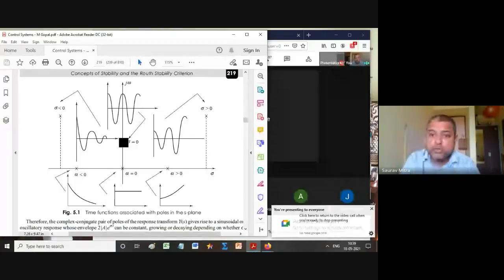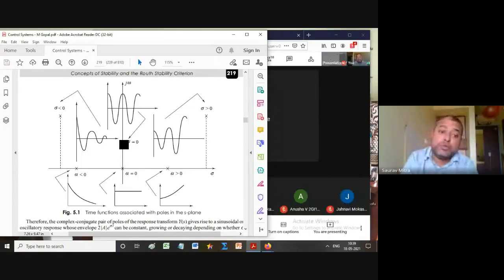Likewise, the last case, which is very important, you can write it down: if there is a repeated pole on the j omega axis. Suppose I'm finding here at plus 3j omega there are 2 poles, and at minus 3j omega there are 2 poles. That means on the j omega axis there is more than one pole at the same position. Here it is plus 3j, here it is minus 3j. The response will be sinusoidal, but there are 2 poles here and 2 poles below. In that case, the system response will be infinite. So depending on the position of the poles, we will see what the impulse response is going to be.